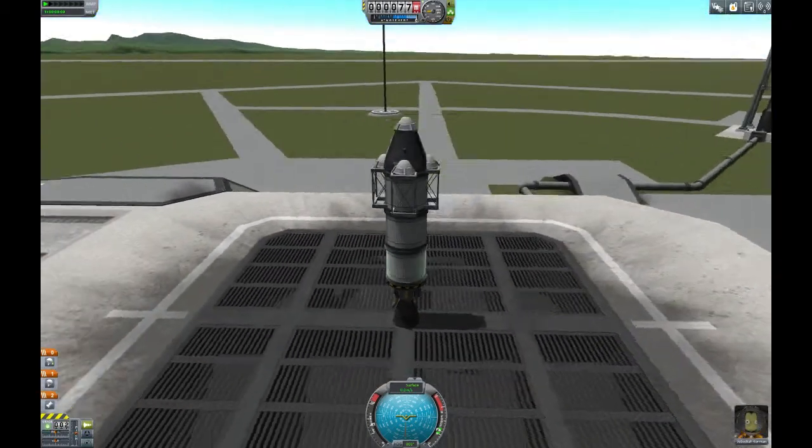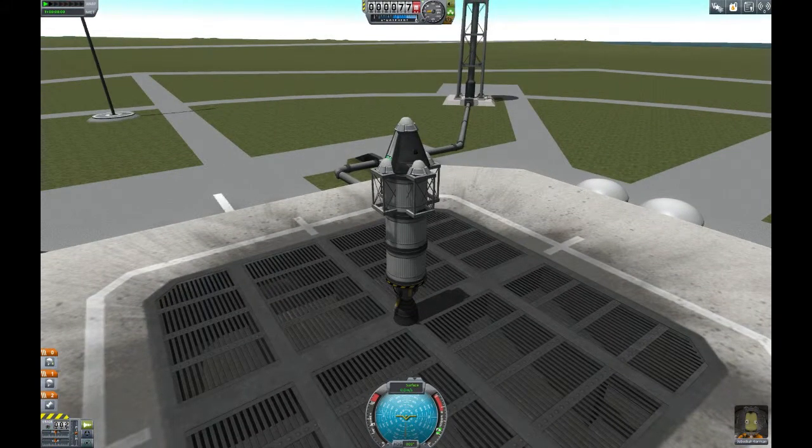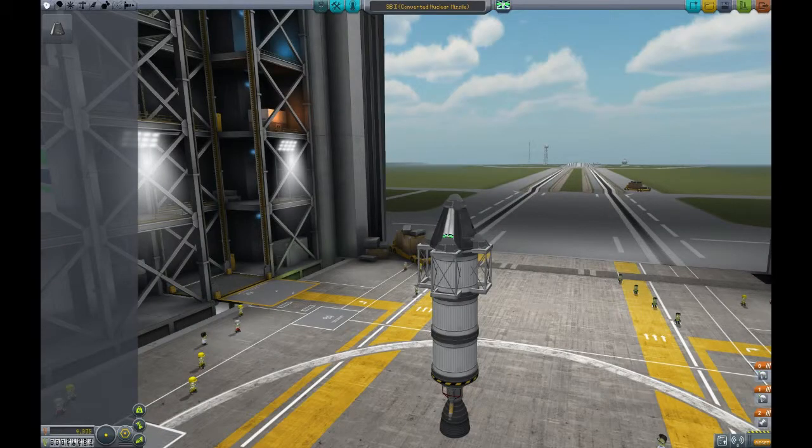Oh, I know what I haven't put on here. I haven't put any science on here. We could take some science, couldn't we? Okay, let's do that. We're going to revert this back to the vehicle assembly yard, which we can do. We just rolled the rocket all the way back. We haven't launched it, so it's no problem. Here we go. Let's take one of these. And let's...